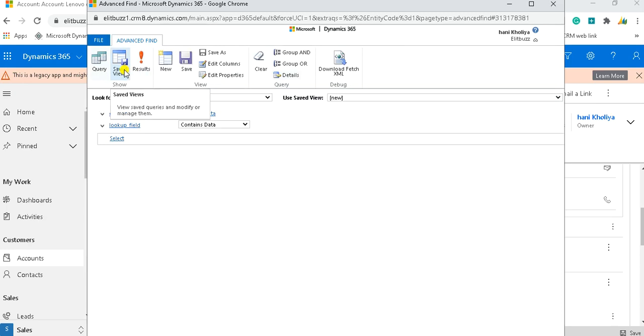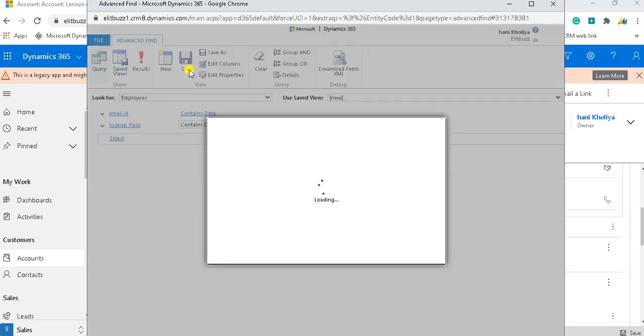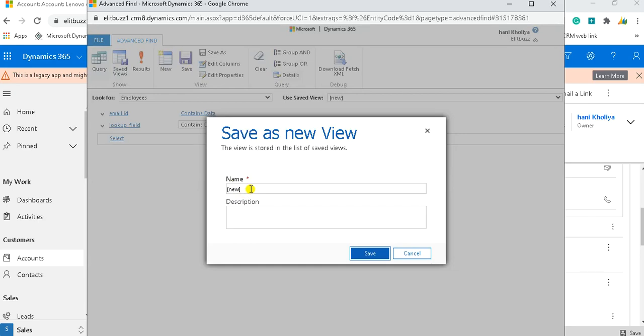So in this way I can save this view, and give it a name as My Employee View, and if you want to give a description about it, you can do so.